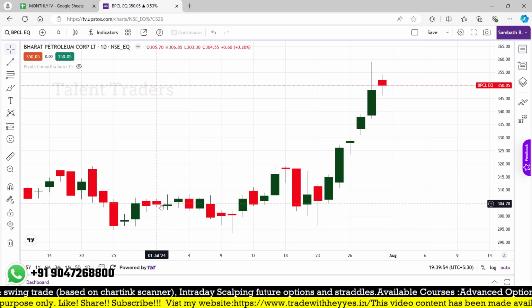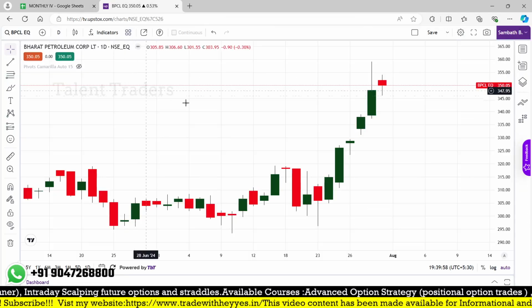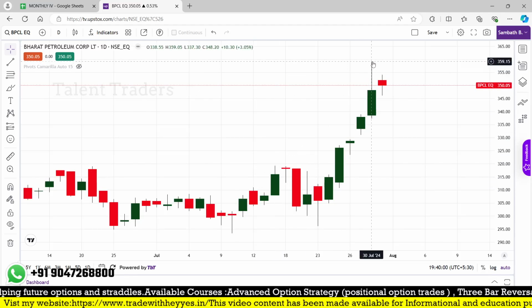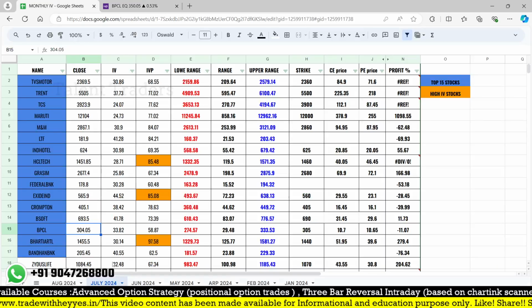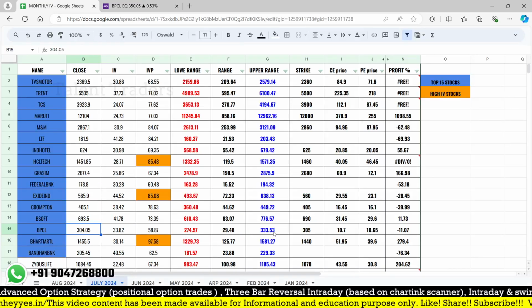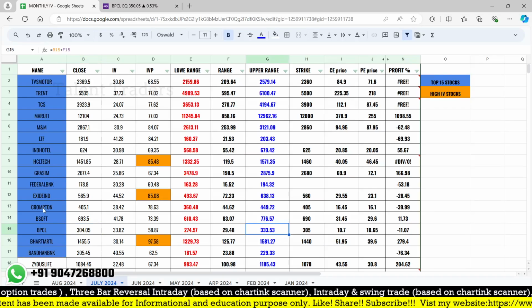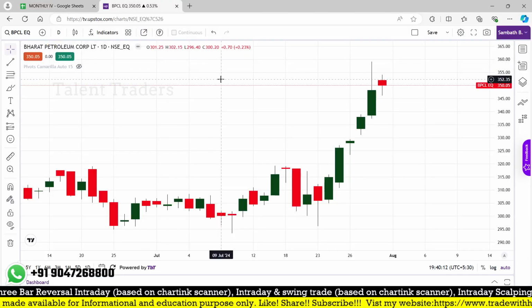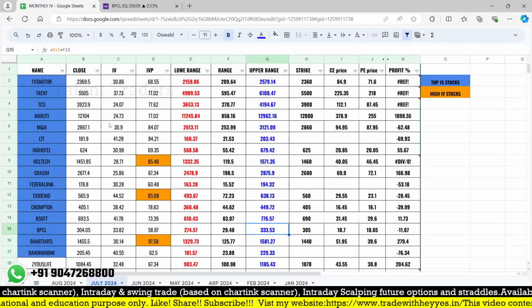So the price is 304.7. Exactly, we are mentioning that price 304, and there it went up to today. The maximum peak is 359. What we have expected is somewhere around 333 on the upper side, so that can be achieved. And from this list, you can use our hedging strategies whenever strategy 5 triggers, and you can utilize